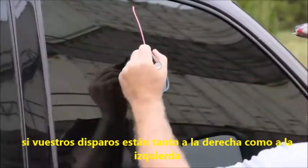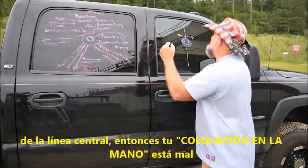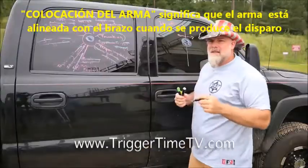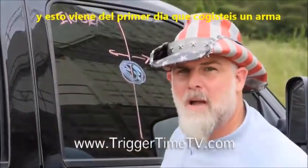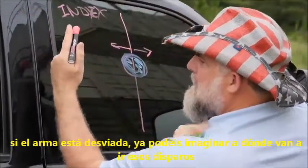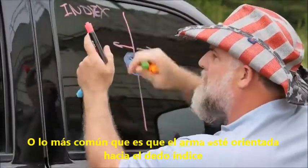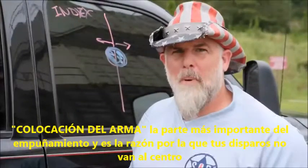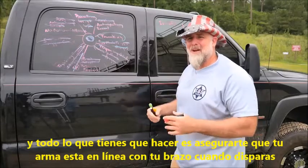If your rounds are either left or right of center line, your index is off. Index is the gun being in line with your arm when the gun goes off. This goes back to the first time you held the gun. The gun needs to be in line with my arm. If the gun is crooked, guess which way the bullets are going to go? The most common is the gun is crooked towards the trigger finger, so the bullets are going to be on the left side of the bull. Index is the most important part of grip, and it's the reason why your bullets don't go center line. All you got to do to check it is make sure the gun is in line with your arm